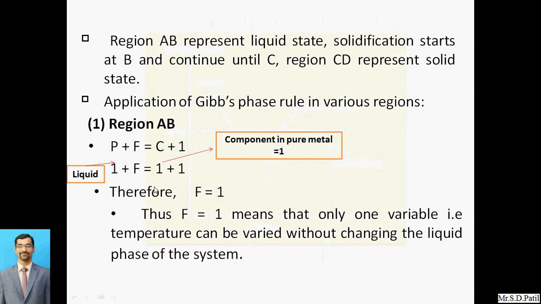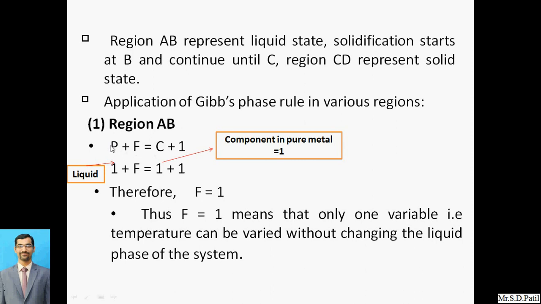Now, the Gibbs phase rule. Two lectures before, we saw what the Gibbs phase rule is: P plus F is equal to C plus 1. That term has been cleared there. If you want to go into depth, refer to that second lecture, where I have clearly stated it. No need to go again with the same concept here, as it would take some time. So in short, I will repeat it. P is the phase.